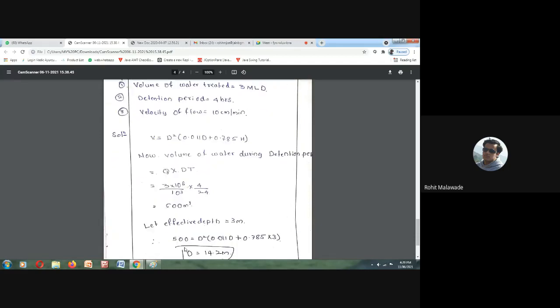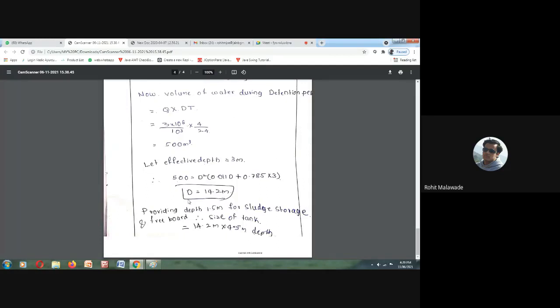Now, what is the effective depth? We have assumed that we are going to keep it as 3 meter. Now, 500 into your depth, here we are going to take it as a height. So here d square into 0.011 d plus 0.785 into h. So this is what your h is. So d is